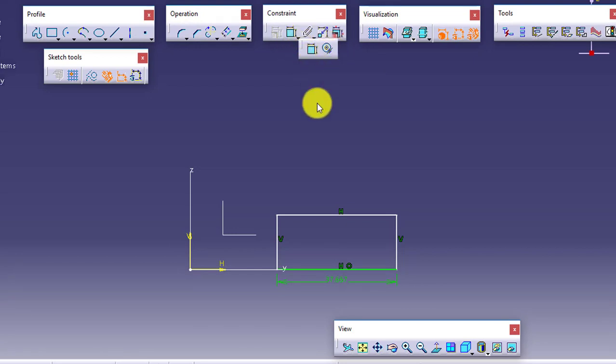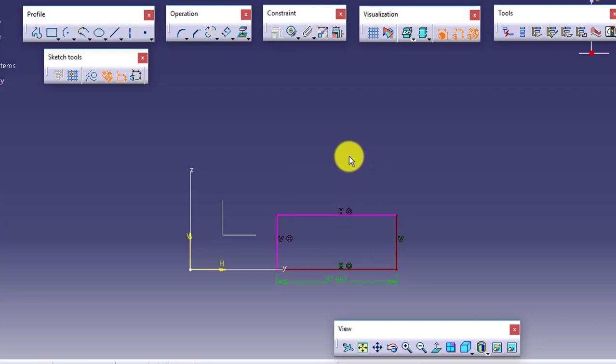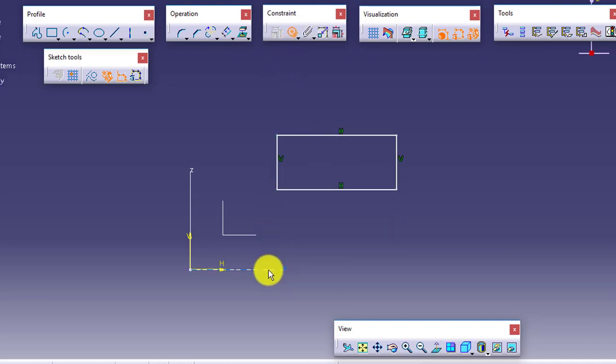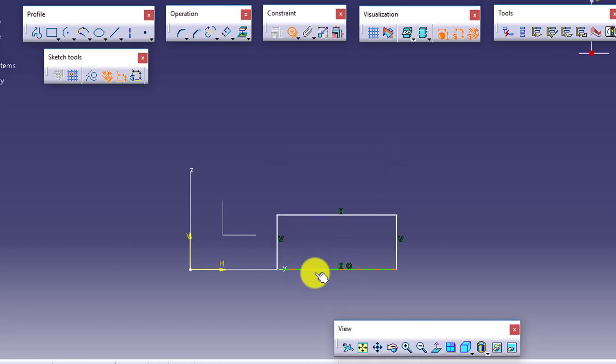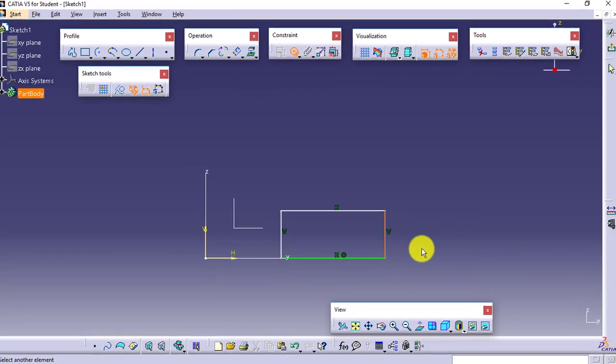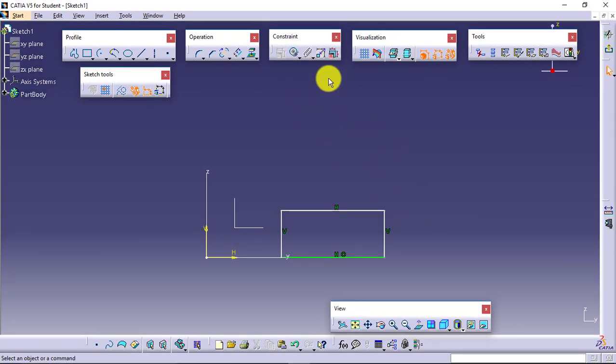Next is contact constraint. If I want to give a contact between this and this, definitely the contact constraint will not restrict the degree of freedom, but if you just want to show the constraint, then you can do it. First object and say no, in these two it is not applicable. I'll go for contact between 1 and 2. So you can see this is a similar kind of coincidence constraint which you can apply between two elements.